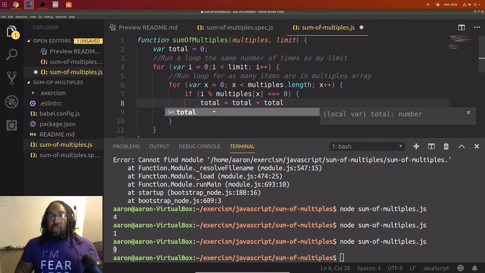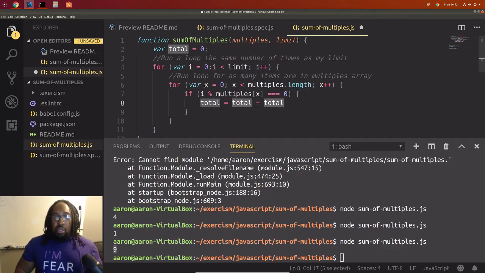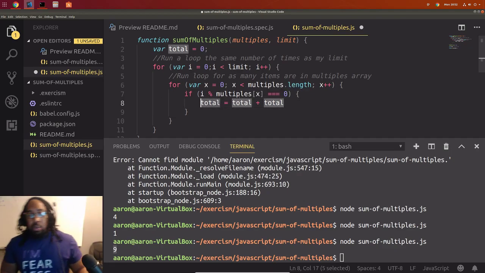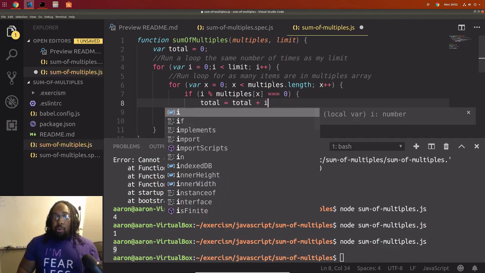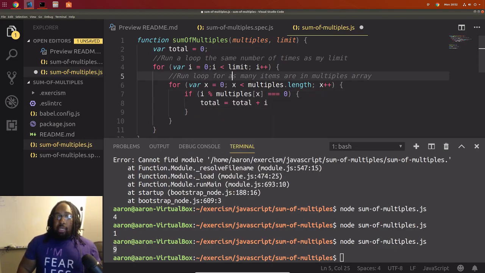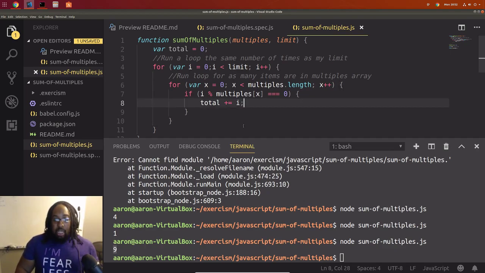which is super weird to write. It's basically saying the variable total will now be equal to the value of total plus, actually it's not plus total, that's total plus I, the number that we want here. We actually want I because that's the number that we are dividing. So that's the number we're going to add, but we can shorthand this in the same way that we've shorthanded everything else, and we can go plus equals. And this will set total equal to total plus I. So that's the shorthand, and then this is all the code we need to write.